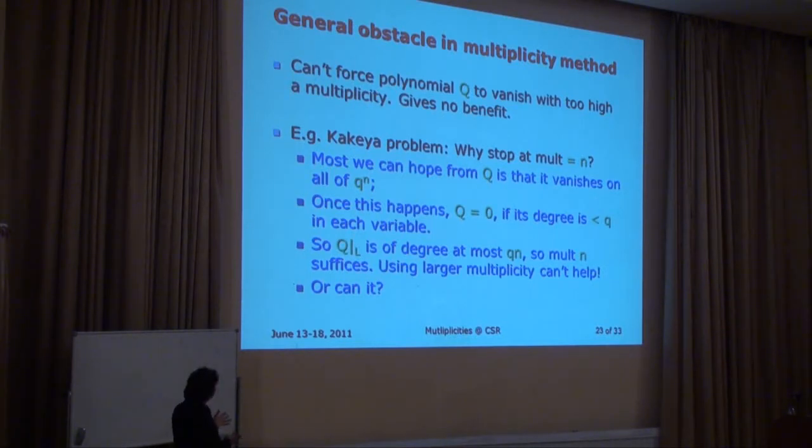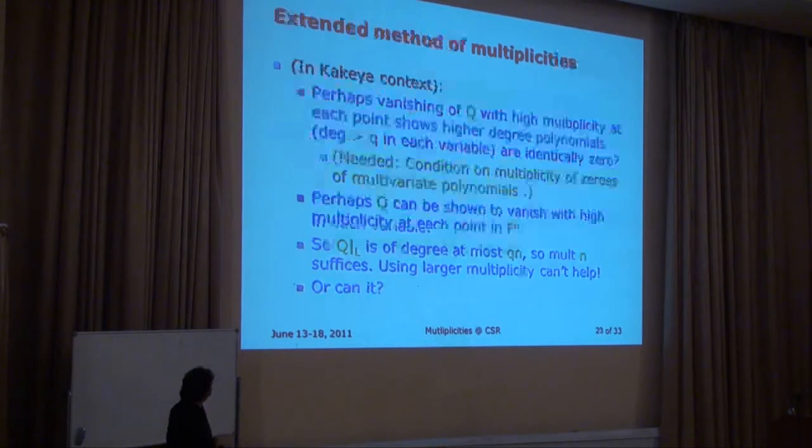So if I want to go beyond this point, I really need to overcome this bottleneck, which says that, look, I want conditions under which polynomials have degree greater than q, but I want to conclude that they are 0. So multivariate polynomials which have degree more than q in each variable, and still I want to conclude that it's identically 0 only by knowing something about what this polynomial is doing in the space. Okay, and for a while we were just stuck, because it looked kind of hard to say what else can you say? The polynomial has degree more than q. Well, what should we really say?